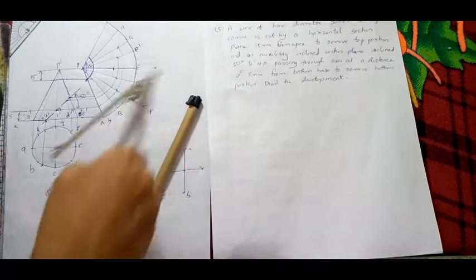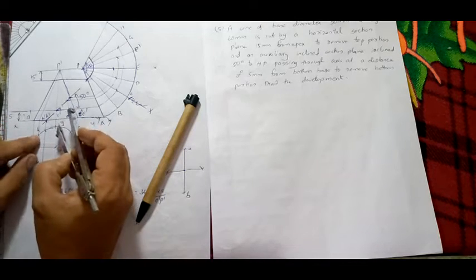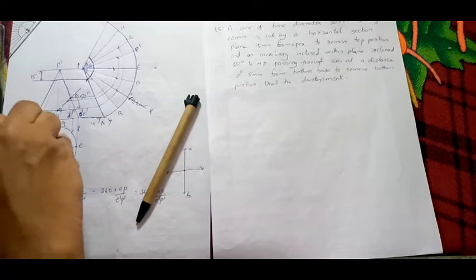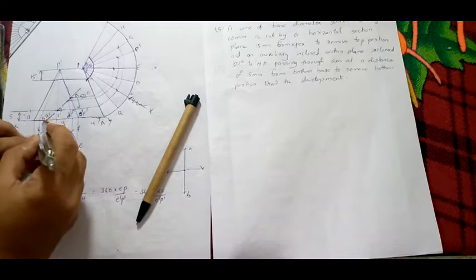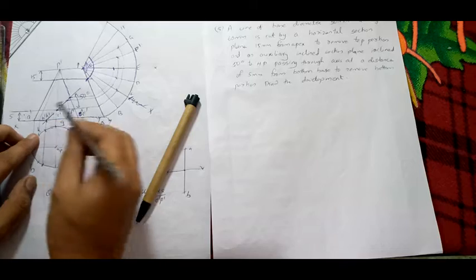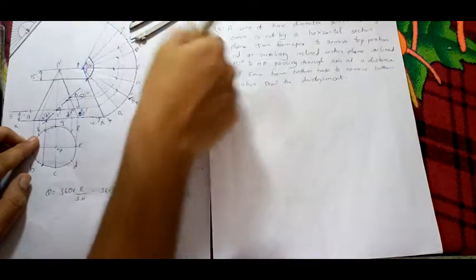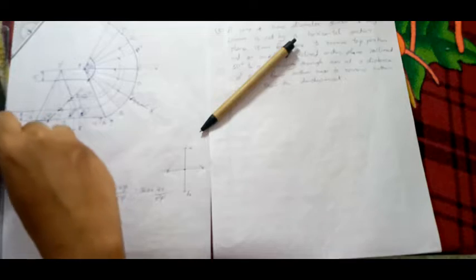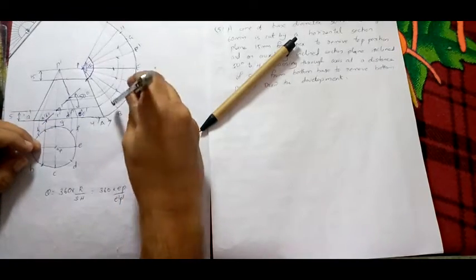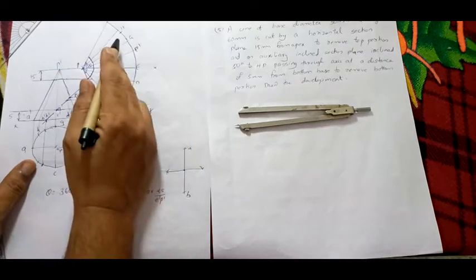Now take the largest, never take the smallest distance, take the largest distance on compass. See, GH, it's the largest, right? From H, G is smaller. So G to H I am taking this distance. So G to H I will cut like this. See, on base G to H I will cut like this. Similarly, C to B it is cutting here. So C to B I am cutting here. So you have got a point here and a point here on base.